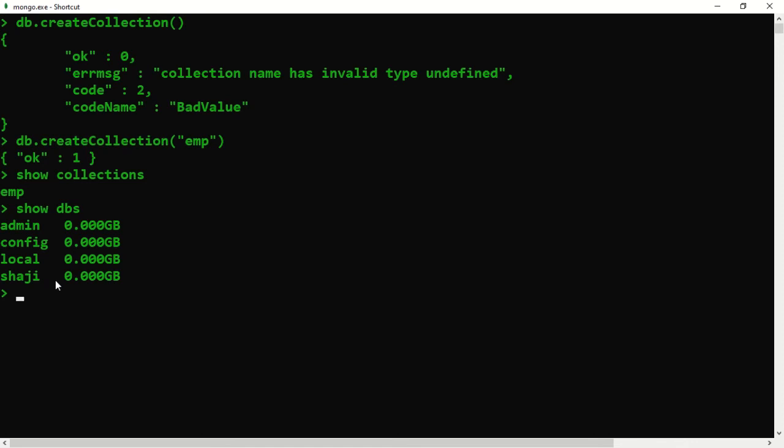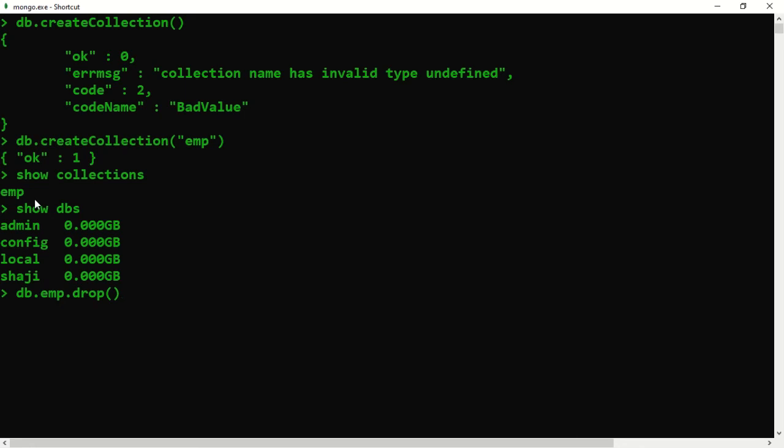Now I want to remove this particular table. How to remove a table or collection? db dot, what you want to drop actually, emp dot drop, and this is a function, so it should have open and close brackets.